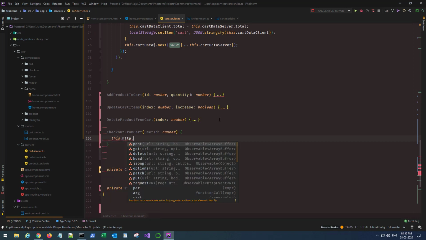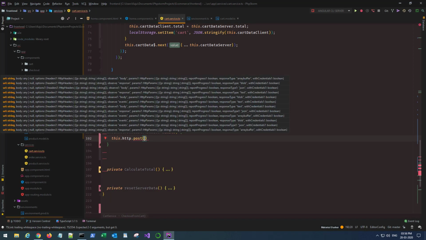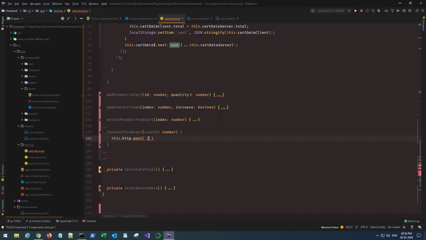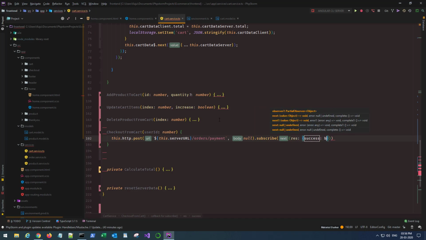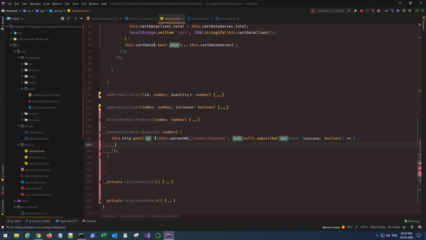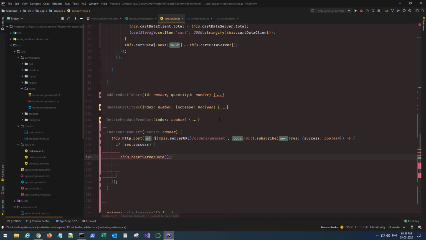So we call HTTP client and post the data to this.serverURL/orders/payment with a null body, subscribe, and if res.success is the case,